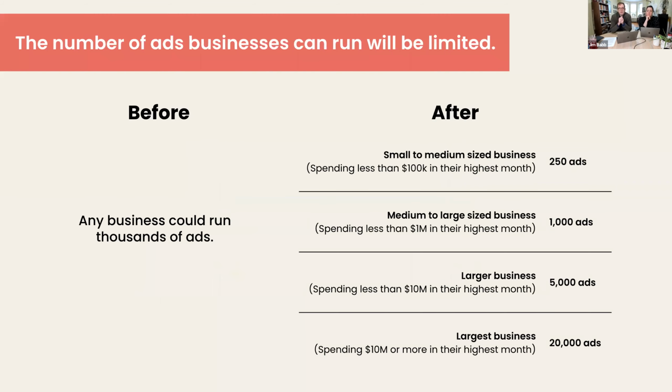The next one, the number of ads a business can run will also be limited. So this is before, you as a business could basically put up as many ads as you wanted to within your ad manager for Facebook. You could do a whole bunch of other stuff. They're shrinking that down to these numbers on the right hand side here. And a lot of it's dictated by